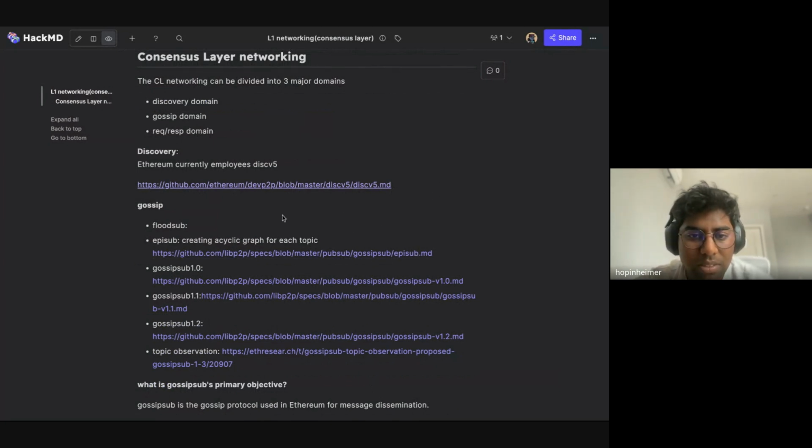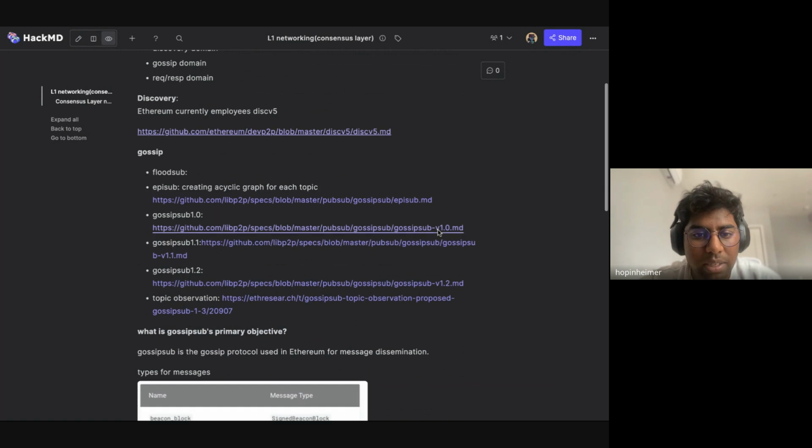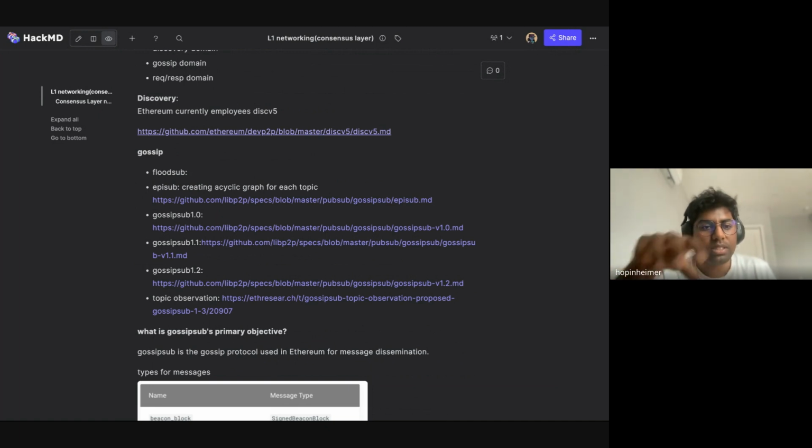Then there's the gossip part, which is, I would say, the most crucial part of all of the networking. So gossip started out with floodsub, where basically each and every peer just sends a message, and those peers just send to their peers.